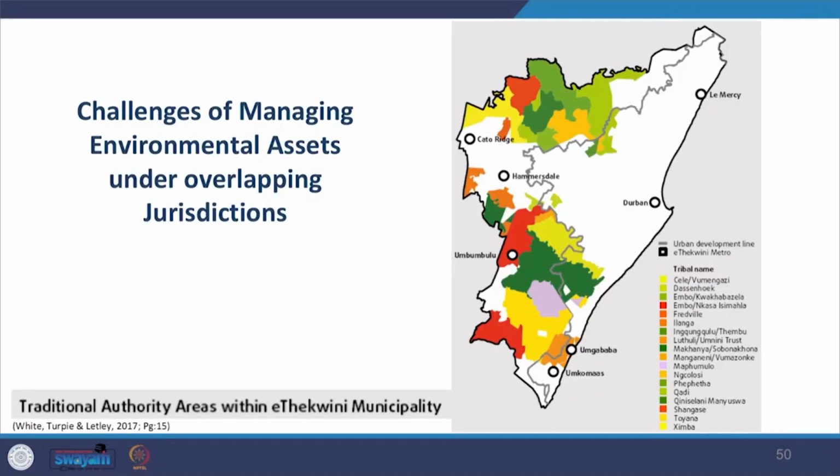And also further, there is a lack of proper tools and planning systems to enforce all these ideas on the ground. As shown in the map, Durban, South Africa faces challenges in environmental management due to two parallel structures that govern land within the eThekwini municipality's boundary. So such kind of arrangement leads to poor management.